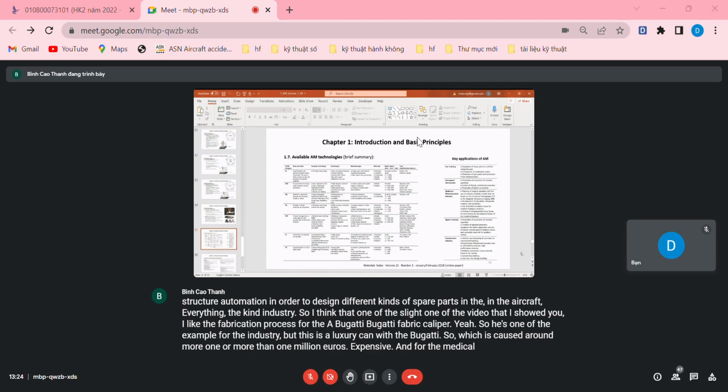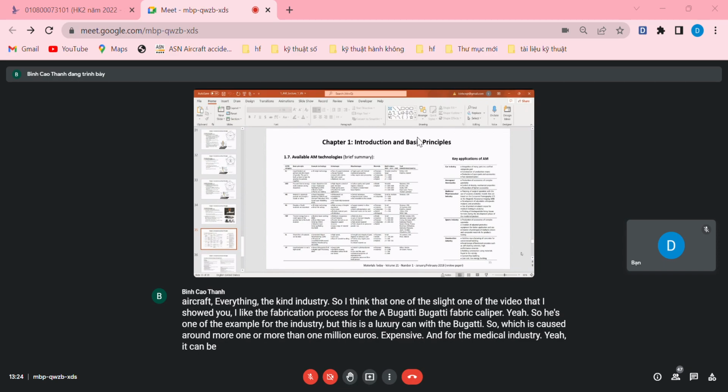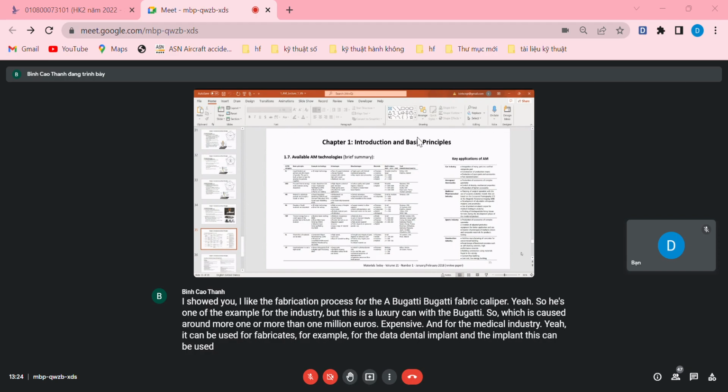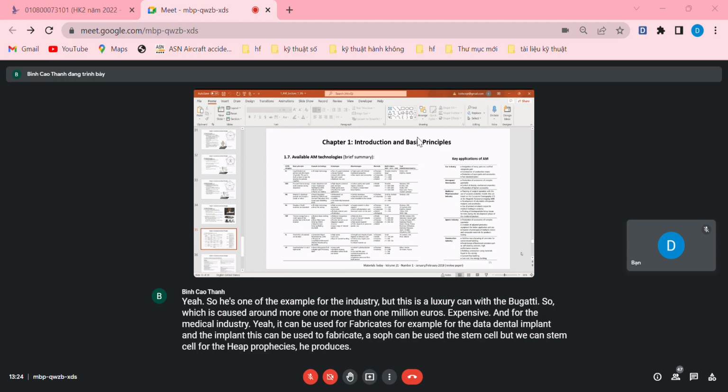And for the medical industry, it can be used to fabricate, for example, dental implants. This can be used to fabricate several kinds of fixture structures. It can be used to fabricate the stem for the hip prosthesis. What we call in Vietnamese